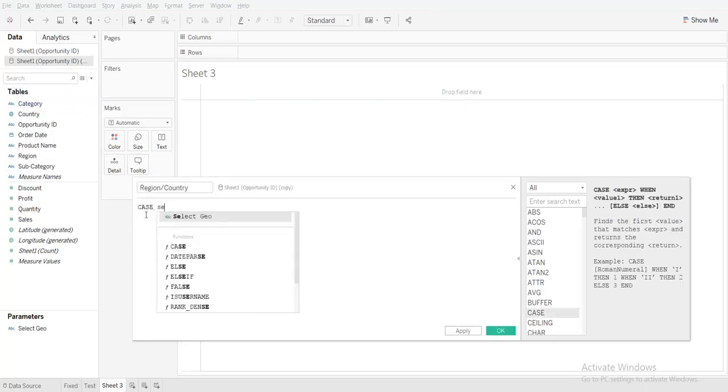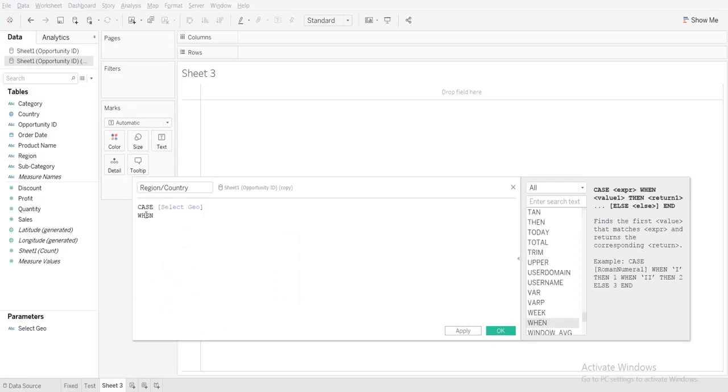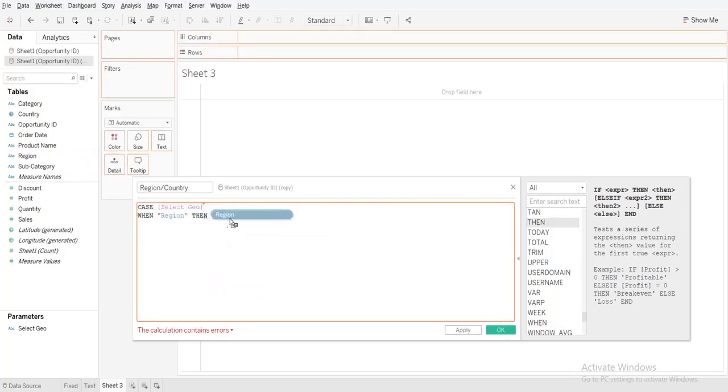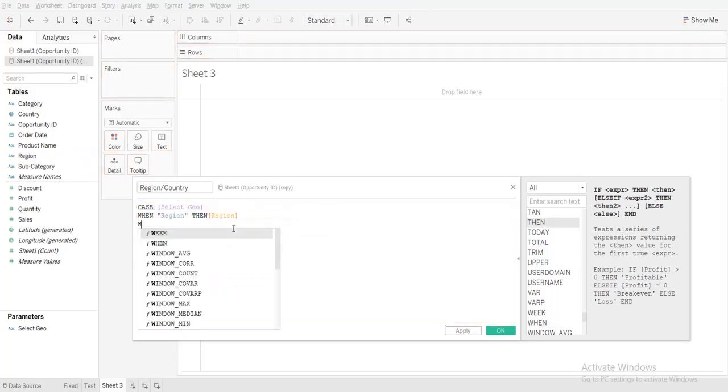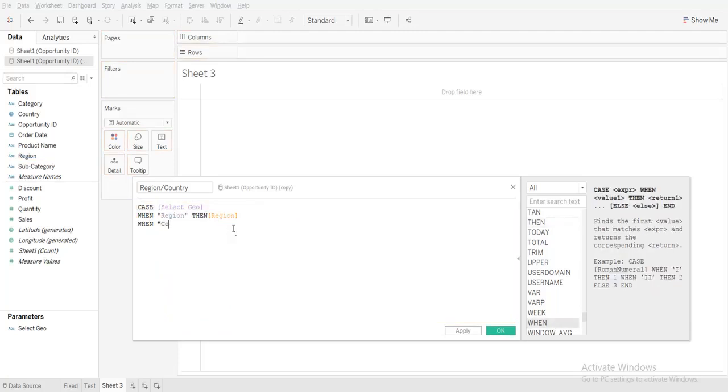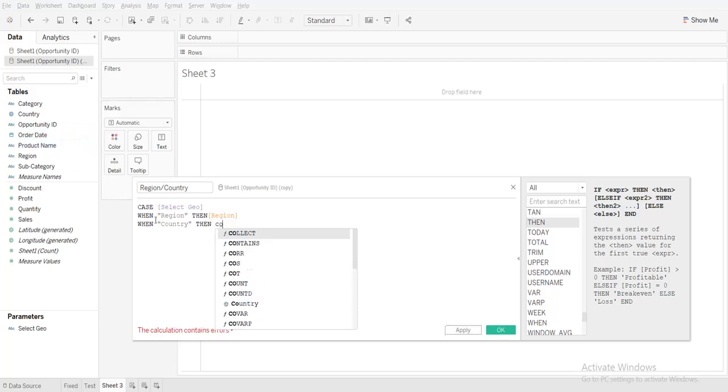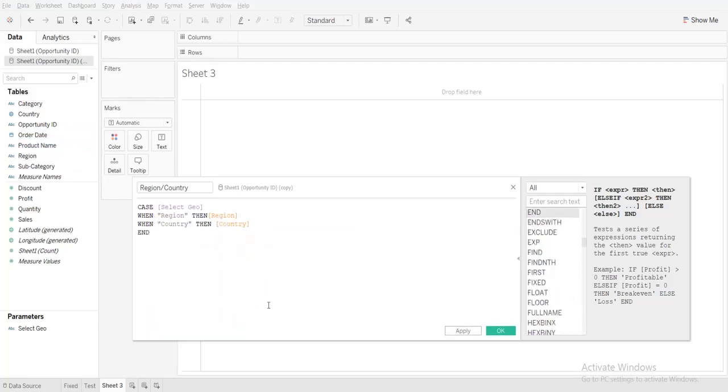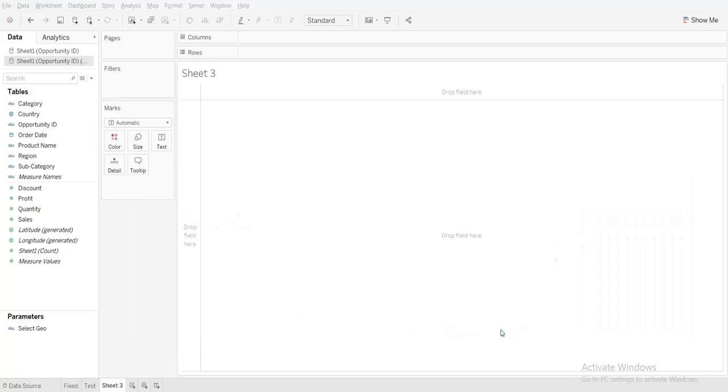Case select geo, when region, then it should show region, when country, then country. Just that. Okay, I make this calculated field and drag it here.